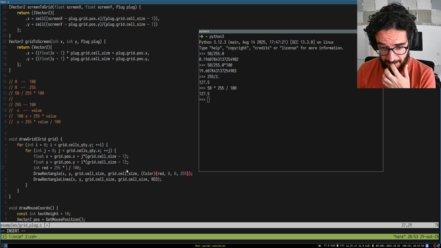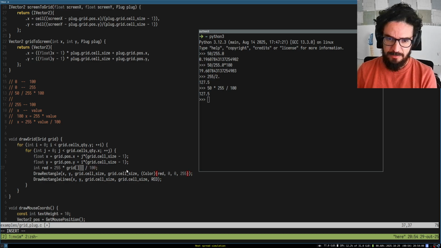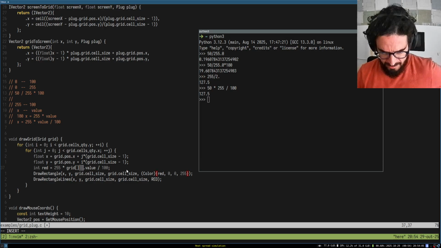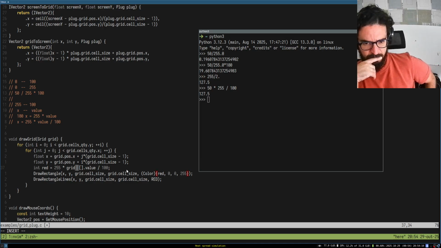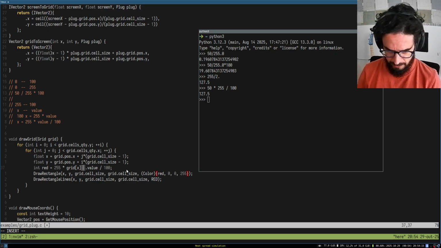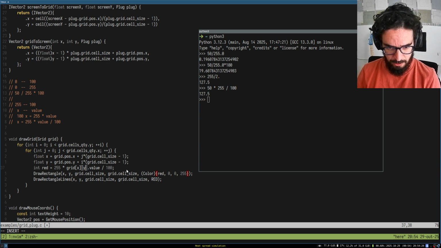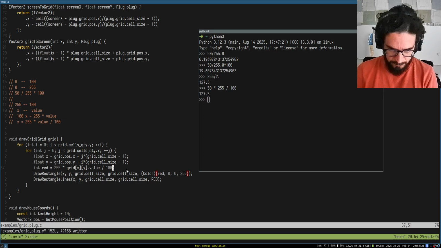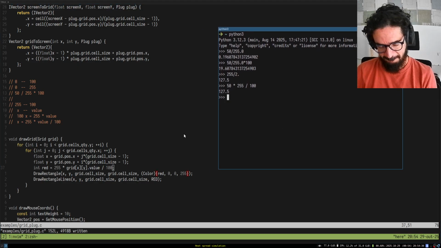How can I get the cell of the grid? It's grid.value. And here I have row, which is X, Y. I hope, I think, right? Row column, or it's column row. I'm not sure, but okay. And this is